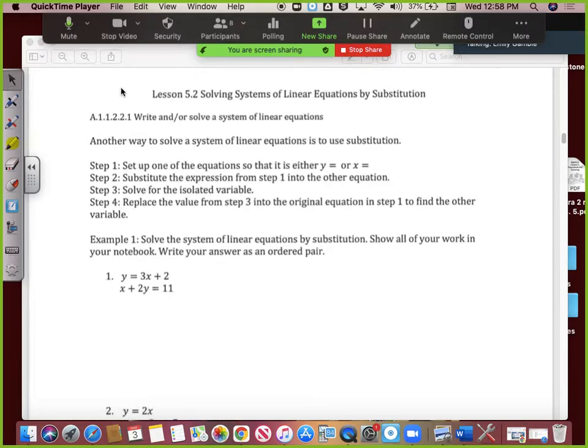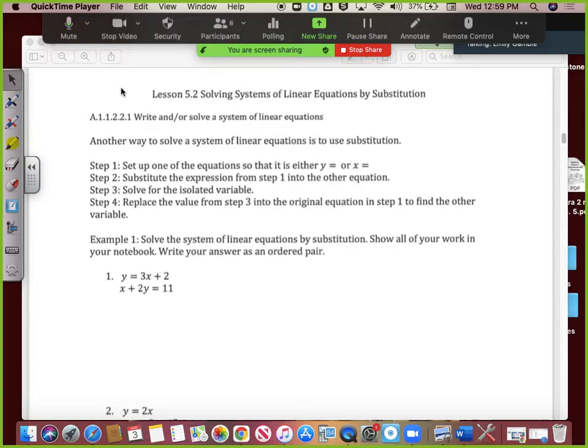or efficient way, because you either need graph paper and a ruler, and you have to make the most perfect lines possible to find the actual point that they intersect, or you need a graphing calculator, which does it perfectly for you, and not all the time will you have those things in front of you. The only thing that you need to solve systems with this method is a piece of paper and something to write with. You can't do this in your head, but you can do everything with algebra, with numbers and variables, and you won't need any aid with any type of resource like a graphing calculator or a ruler